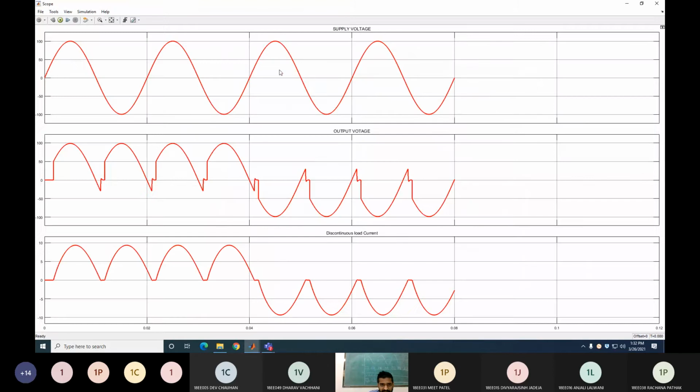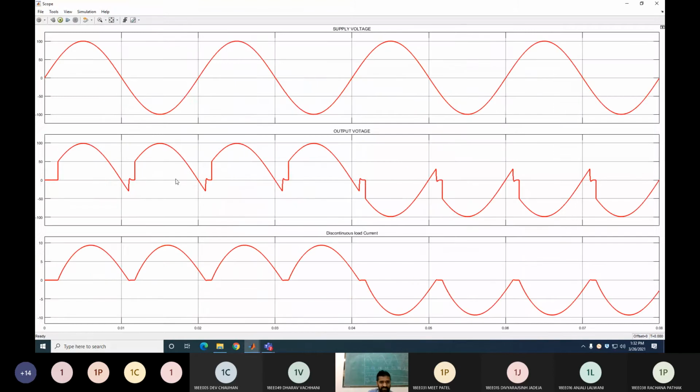Is it the same as the theory or not? Now you can see here, observe this waveform and the waveform in blue from today's lecture, both are seen. Now you can see from alpha 30 degree, this P1 P2 is on. It remains on up to this point. You can see here.